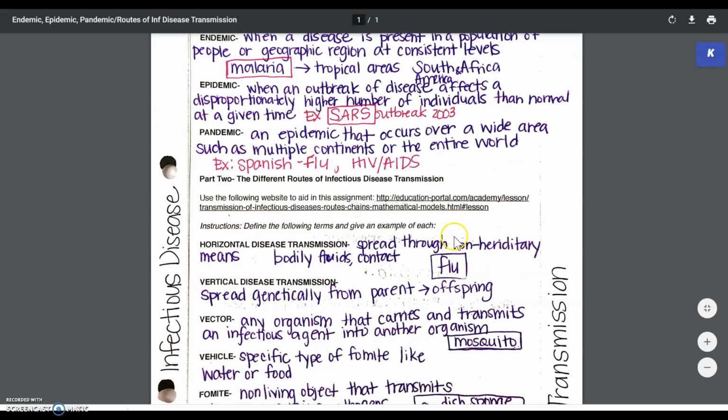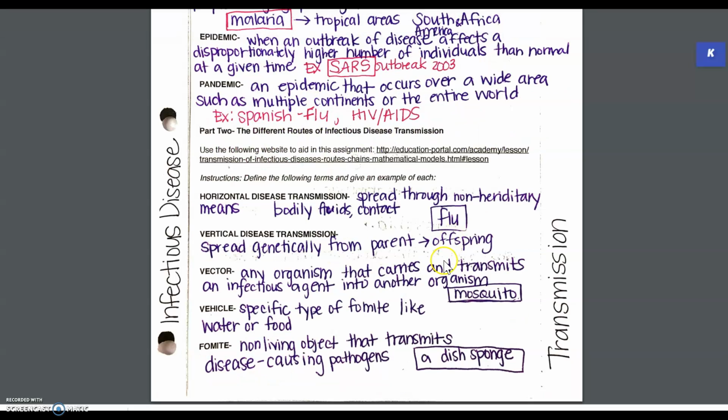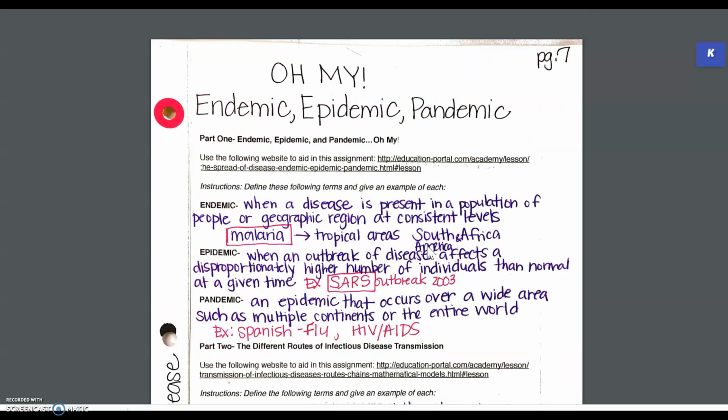If you'll click on that, you'll have some terminology, and I just wanted to take a couple of minutes to go through this information. You're going to be filling out a copy of that on your own there on Google Classroom so that you commit this to memory. I think it's really important for you to understand these things, especially since we're currently in the middle of a legit pandemic, and what those words mean, because you're going to hear them on the news. You're going to see them on Facebook. So let's talk about them just briefly.